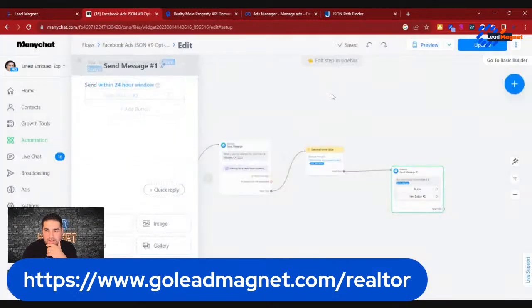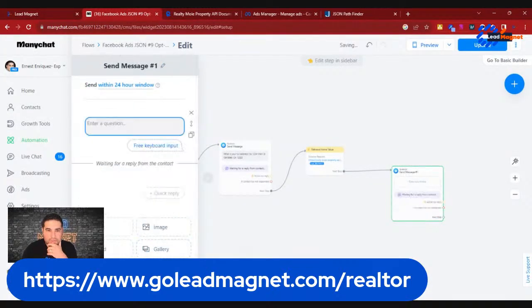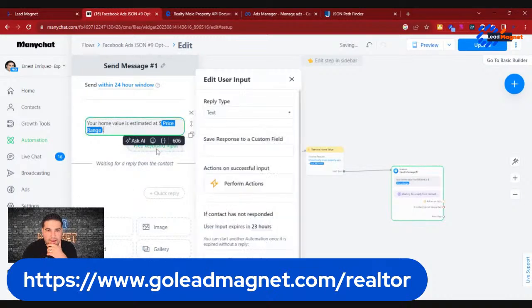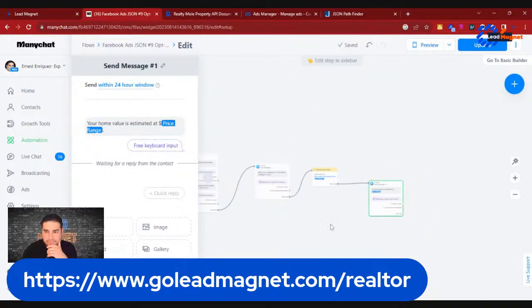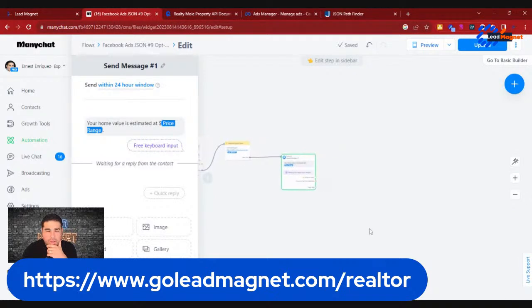All right, so let's go ahead and delete that. And then we'll go ahead and just input this one more time. And let's go ahead and store that as a response. So if they respond to this, then we're good, right? So if they respond, now what you can do is if you want to get really customizable with this,